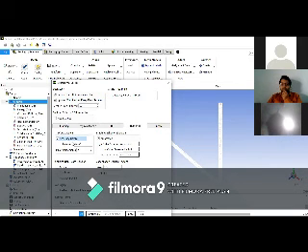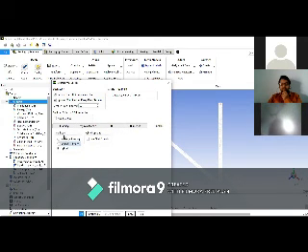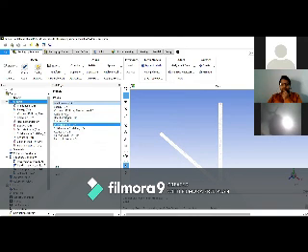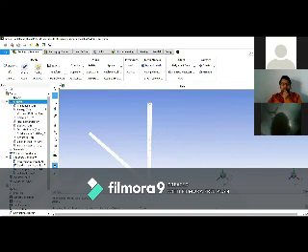Accuracy control limits tolerance are selected, the tracking scheme is higher order, and for parallel we select the hybrid method. Then click OK. So these are the two models: energy on, and then the DPM analysis, the discrete phase model. Then go to